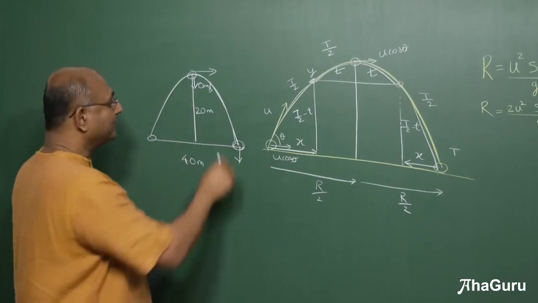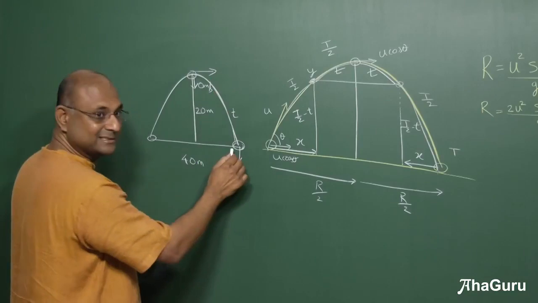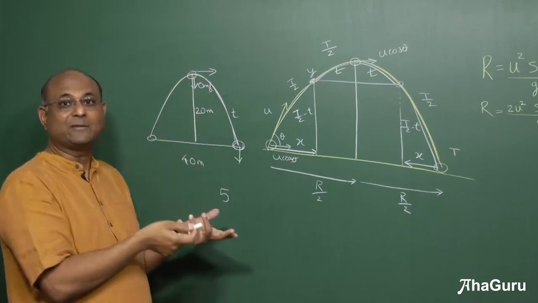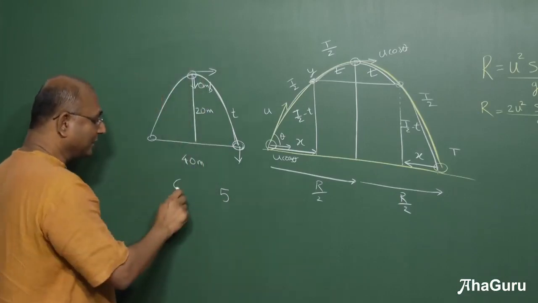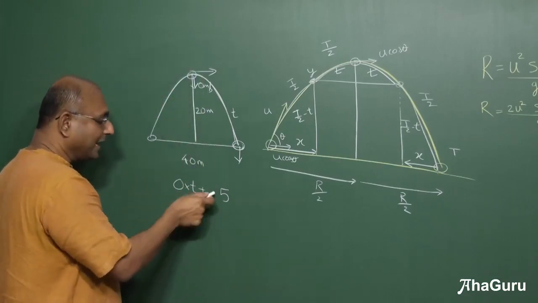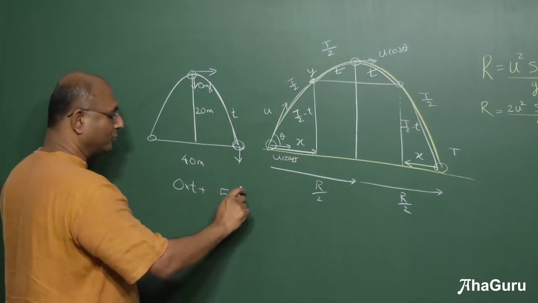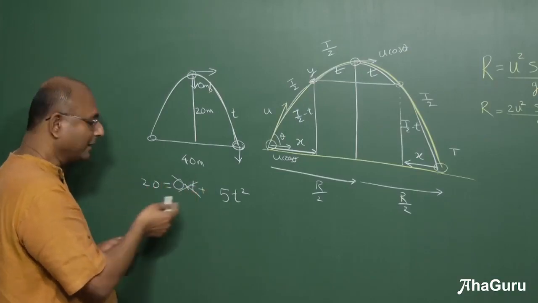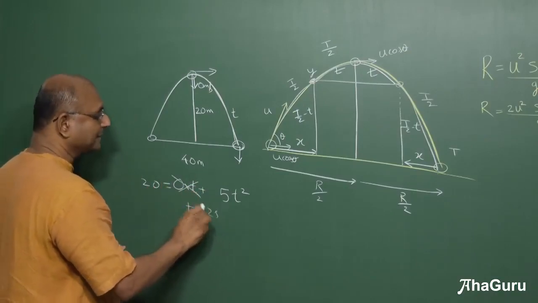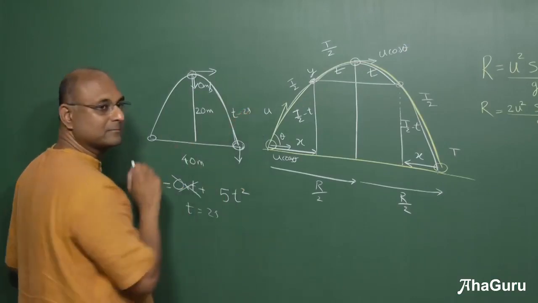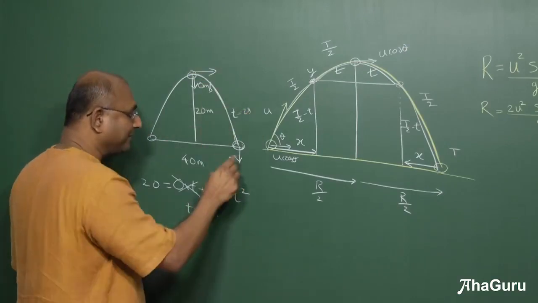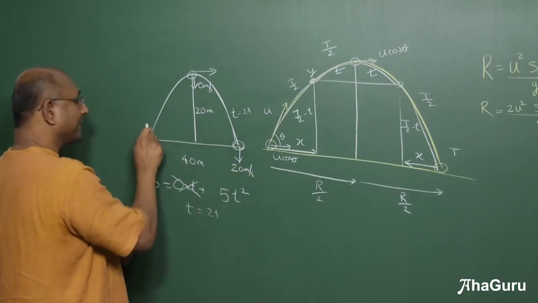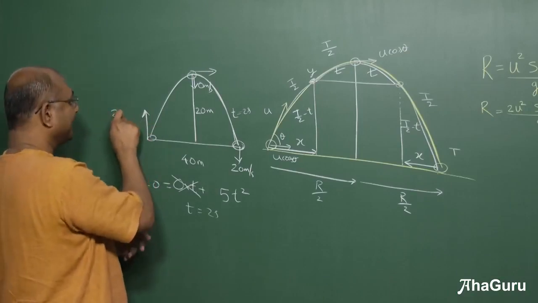20 meters. So if I say that let this time be t seconds, you know that it must have fallen how much in t seconds? 5t square, half g t square, because u is 0. So 0 into t plus half into g, which is 5 into t square, must be my height 20. This is of course 0, so no need to worry. So this tells me t must be 2 seconds. So it tells me this time is 2 seconds. If this time is 2 seconds, what is that velocity? 20 meters per second. If this velocity is 20 meters per second, what is that velocity? 20 meters per second, upwards.